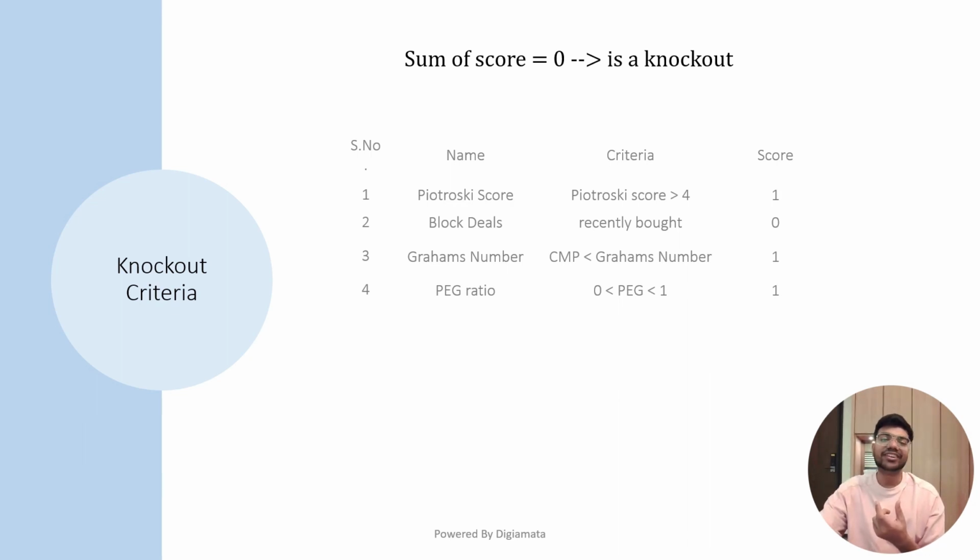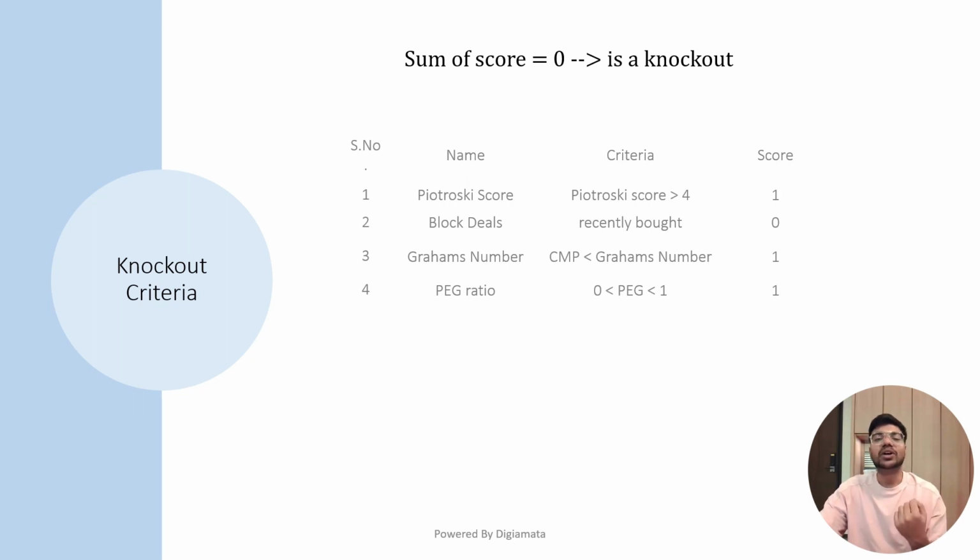Now you might be wondering, why are you learning so much? Why can't you just look at Piotroski's score and say whether the company is fundamentally good or not? You can do that, but it's very important to understand what is going in the background of the Piotroski's score. Okay. Now that is something which we are going to cover in our upcoming lectures. For now, just focus that Piotroski's score gives you an overall bird's eye view of how good the company's fundamental health is. But you really have to dig deep to understand whether the company's health is really that good or not, based on several criteria which we are going to see.